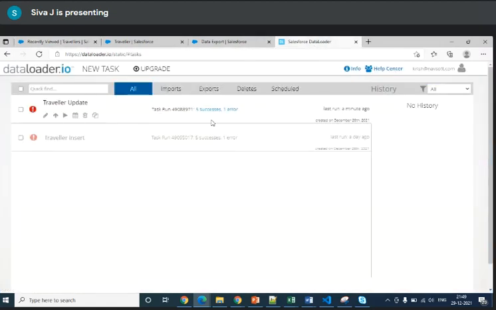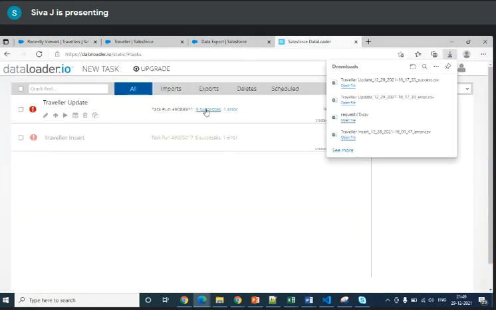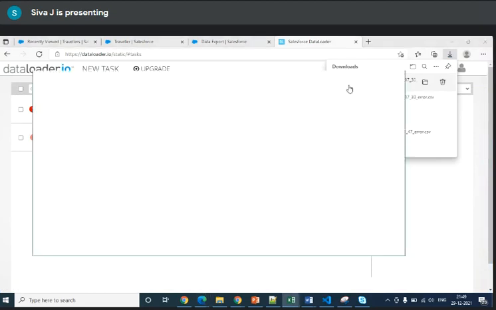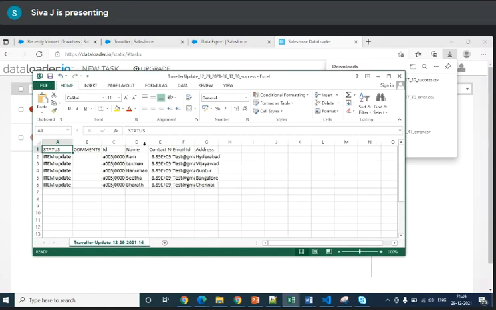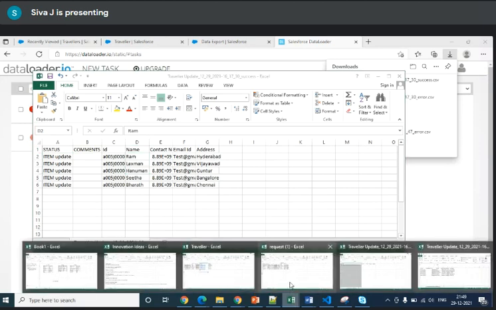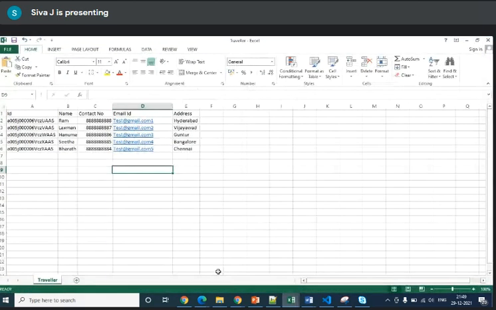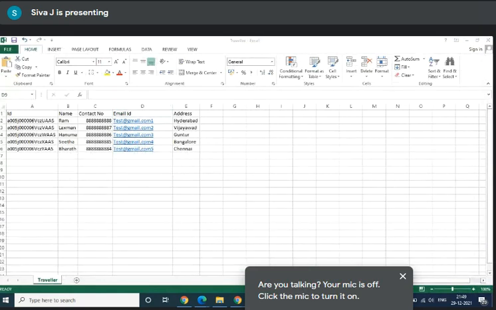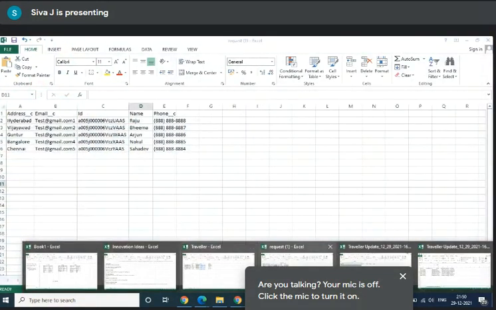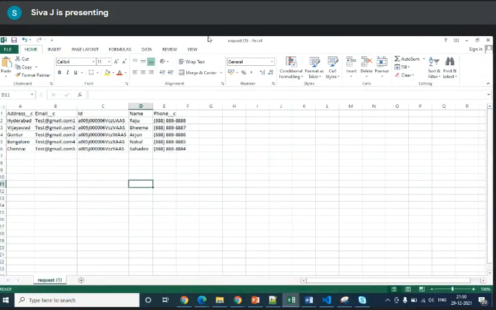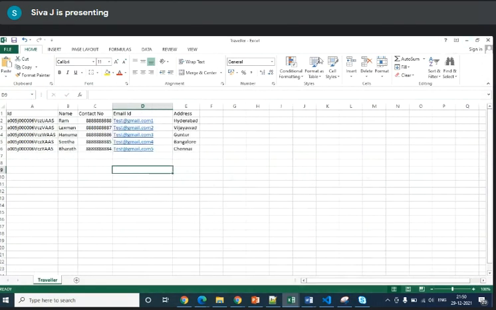If it is updated, then let me open. Oh, values are not updated. Where I have uploaded. Oh, it is a request file. Sorry, I was trying in the wrong file.